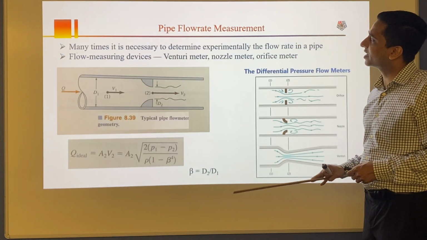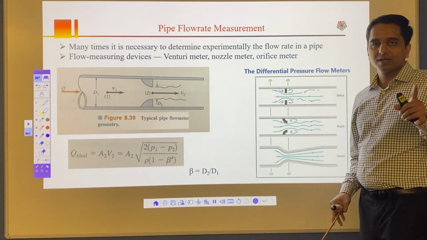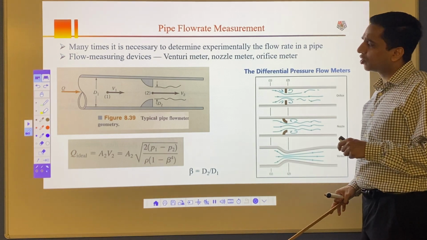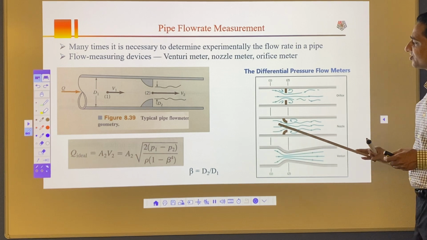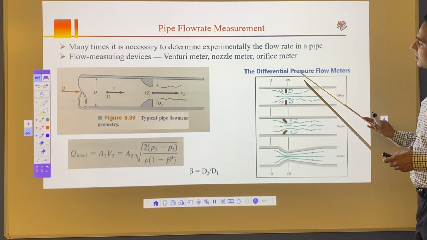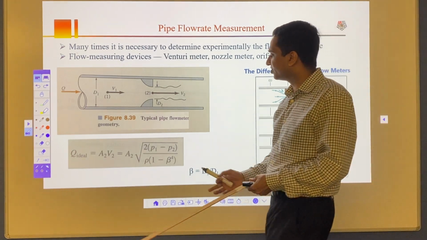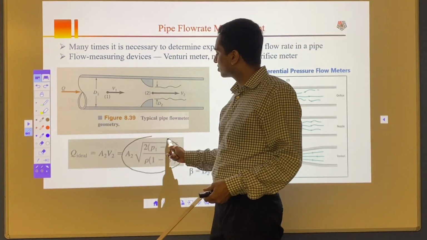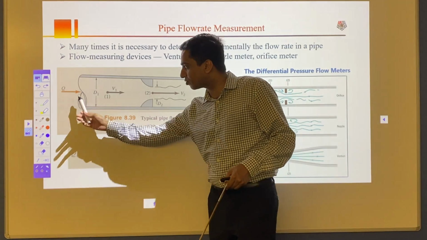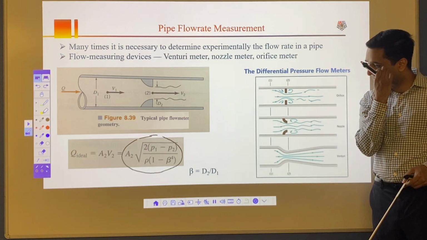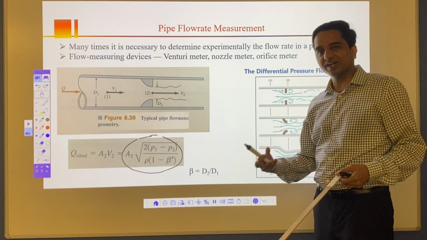Once you're done with multiple pipe flow, let's move on to the pipe flow rate measurement. We know in chapter 3 that there are different flow rate measurement devices such as differential pressure meter, orifice meter, nozzle meter, venturi meter. And in chapter 3 we came up with this kind of equation. If you combine Bernoulli's equation and continuity equation, you will get this equation to calculate the flow rate, the amount of flow flowing through these devices. The problem with this equation is we assume perfect conditions.